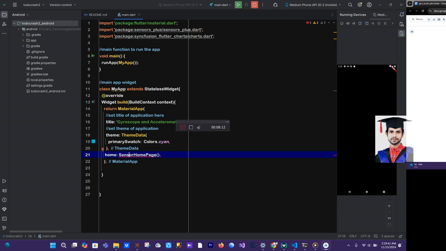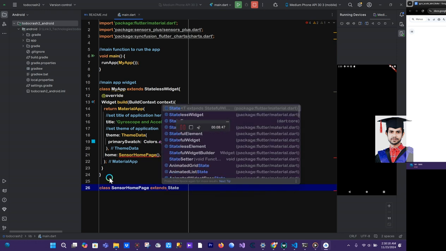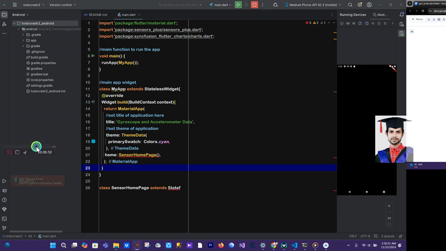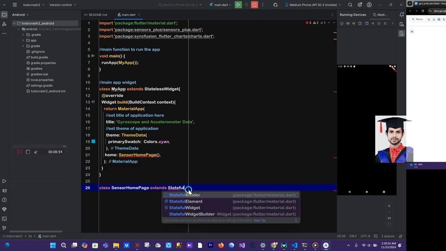Now what we need to do is create a class. Okay, so Flutter is almost like Java, and in Java you can create a class in a class. And the class name should be sensor page, which extends stateful widget,